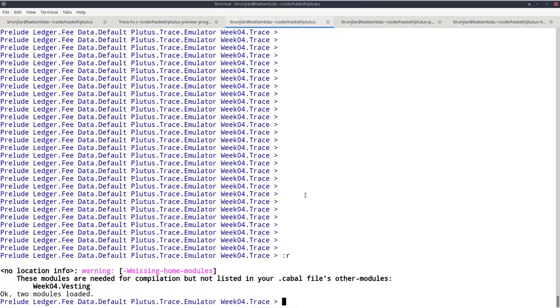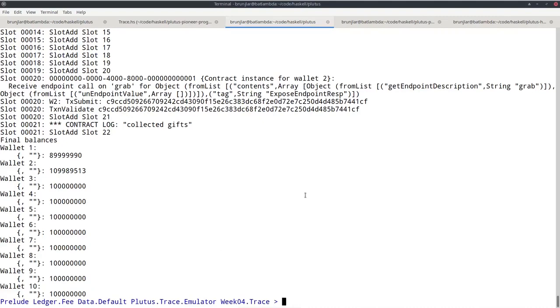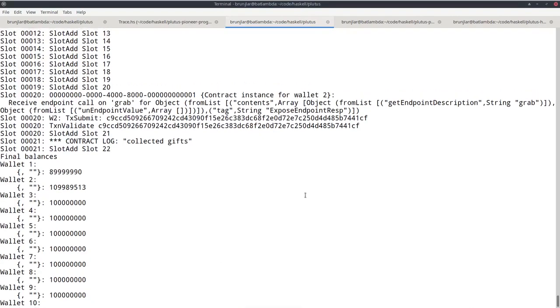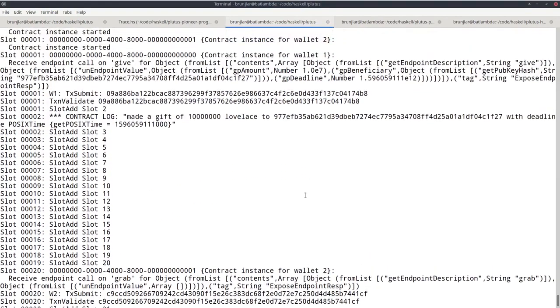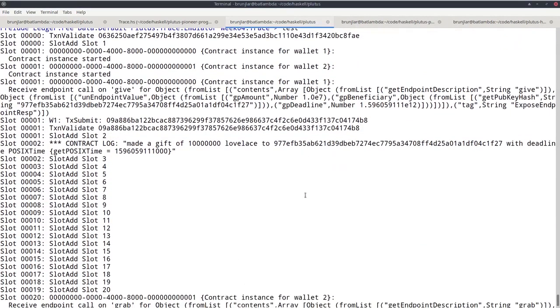Now in the REPL, I can invoke test, and we see our trace. So we see this is the Genesis transaction, and we see that we started these two instances for wallet 1 and wallet 2.